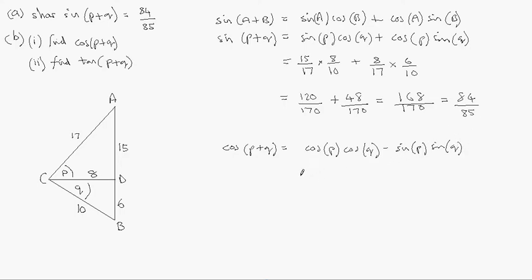and again substitute values in, so cos p just 8 upon 17, times cosine of q, just 8 upon 10, minus sine p, which is opposite over hypotenuse, so 15 upon 17, times sine q, which is again 6 upon 10,